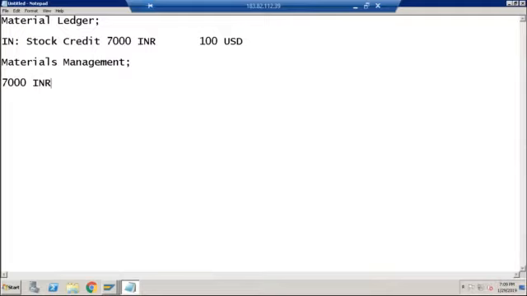Okay, but if you have a need, now let's say your company needs it. Your company is saying, no, whatever materials management you are doing, whatever stock you are buying, whatever stock you are selling, not only in accounting, I want this information to be captured in materials management also. In that case, the only solution is to activate material ledger functionality. So material valuation in multiple currencies. This is something which you can achieve with material ledger functionality. This is one scenario. I'm not saying this material ledger is only used in case of multiple currencies. Even if you want material